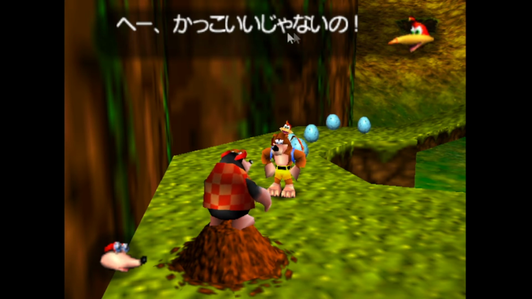かっこいいじゃないの. I don't know how to inflect that. かっこいい. I don't know. かっこいいじゃないの. I don't think she's saying that that's not cool. She might be though. Maybe. Or she's saying, isn't that cool?